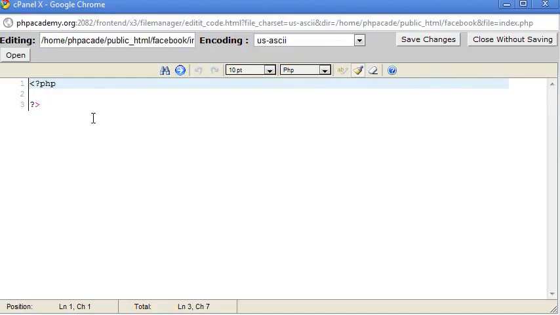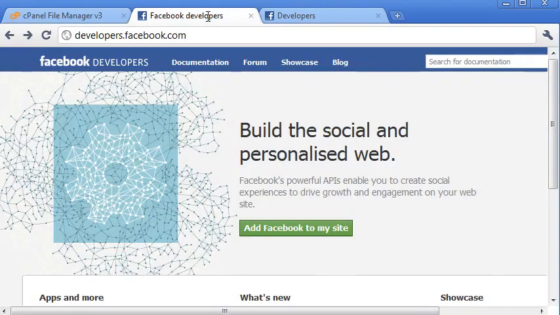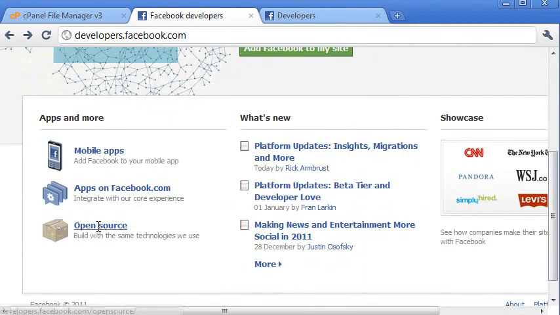Now I already have this open. The first thing we need to do is require a file called facebook.php, which you can see I have here. This is a file that's available through Facebook. There's nothing to code for us here, but you need to get it from developers.facebook.com. So if you go to developers.facebook.com and scroll down and click on this open source here,